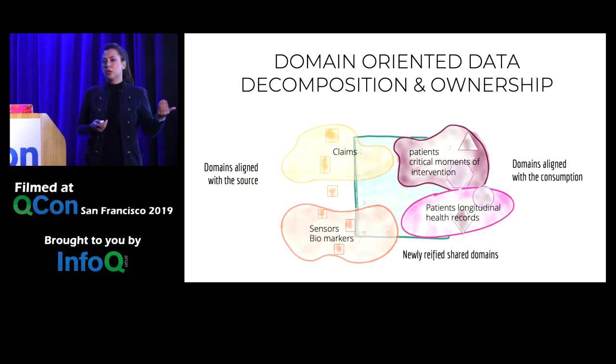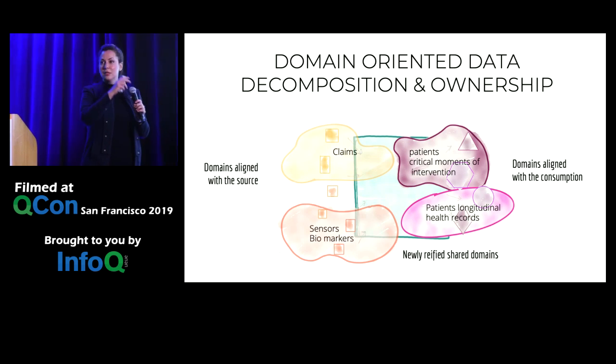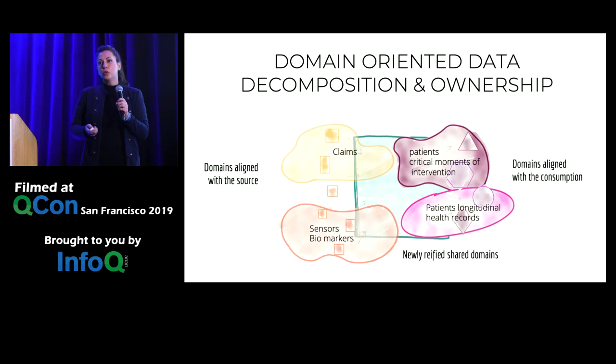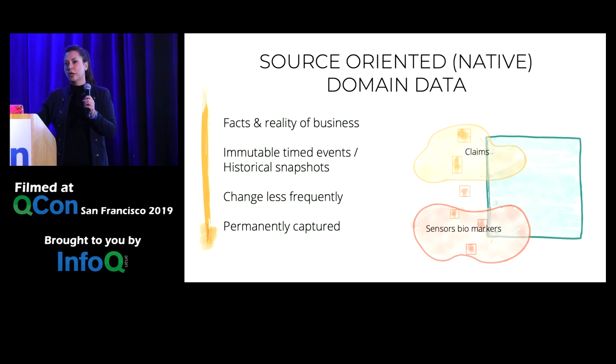So in the healthcare domain, you have your claim systems that provide claims, like pharmaceutical or medical claims that you're putting together. You might have your biomarkers, lab results, and so on. So these are the different domains that you see in this space, right? And if you think about these data domains as a way to decompartmentalize your architecture, you often find either